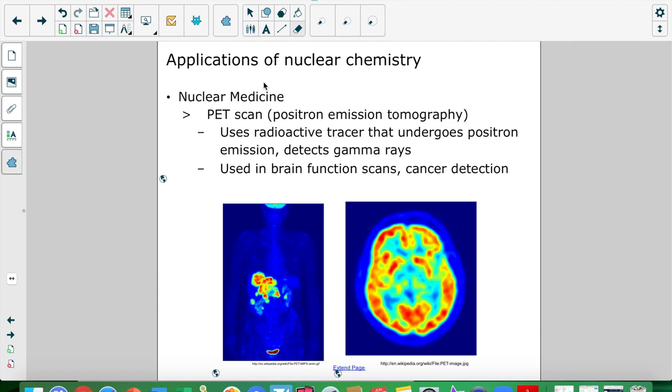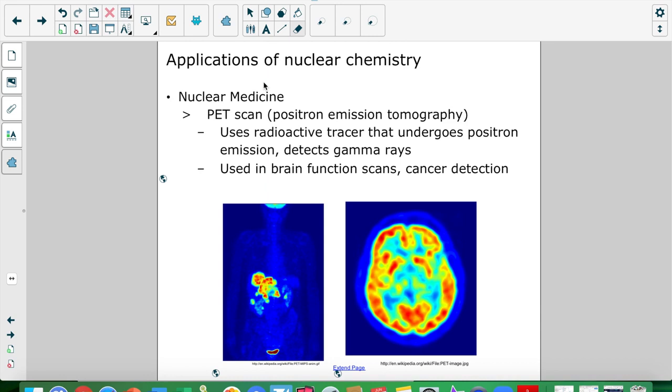What are the applications of radioactive decay? There's a ton, and a lot of them are not negative. They're actually very positive, and they have helped us evolve and develop a lot of scientific research and in medicine and in science in general. So one good example of how we use radioactive decay is in nuclear medicine, and it's the PET scan. I don't know if you're familiar with the PET scan, but the PET scan is the positron emission tomography,